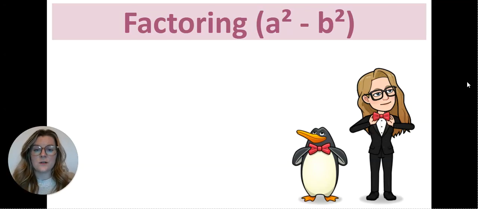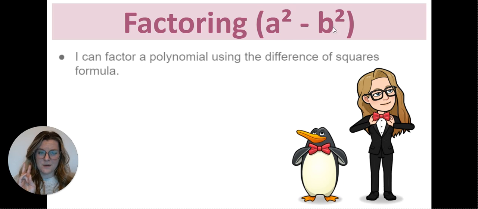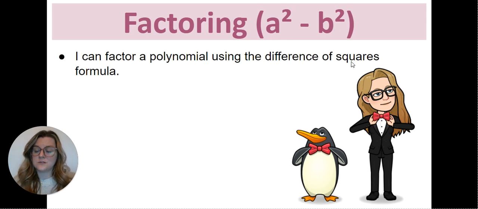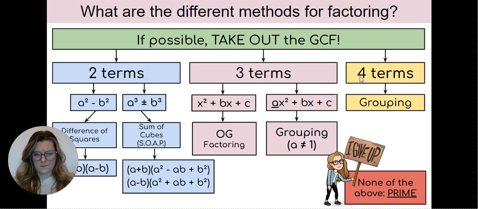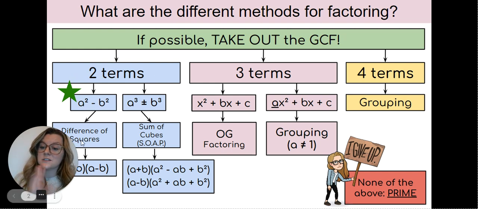Everybody, in this video we're going to talk about how to factor something with two terms that's in the form a squared minus b squared using the difference of squares formula. Okay, so just looking at our flowchart, remember always take out a greatest common factor if possible. If it has two terms, then next we're going to add one more thing to our list, this difference of